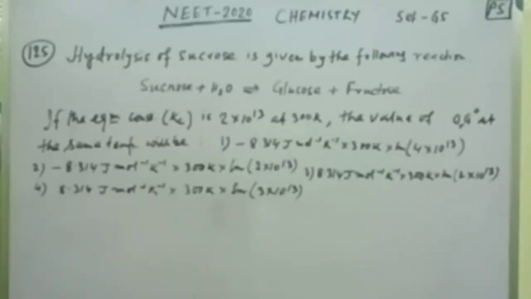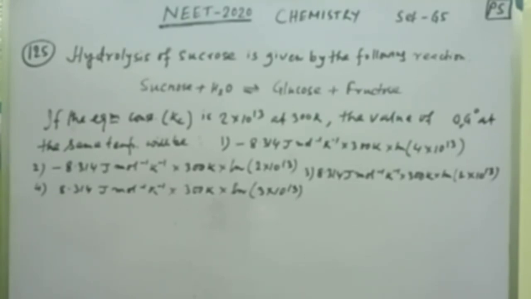Question number 125. Hydrolysis of sucrose is given by the following reaction. Sucrose plus H2O in equilibrium with glucose plus fructose. If the equilibrium constant Kc is 2 into 10 to the power 13 at 300 Kelvin, the value of delta G zero of the reaction at the same temperature will be